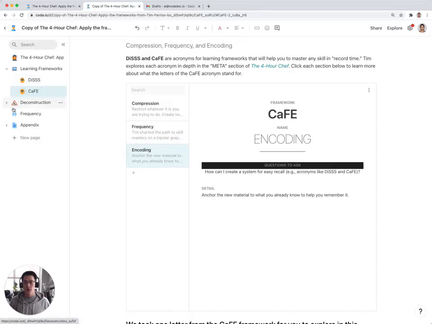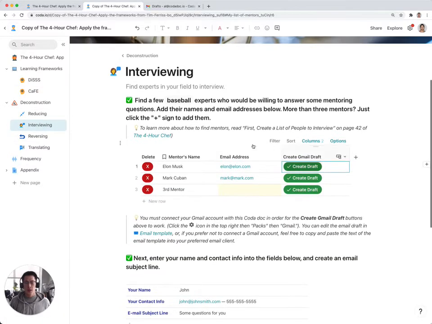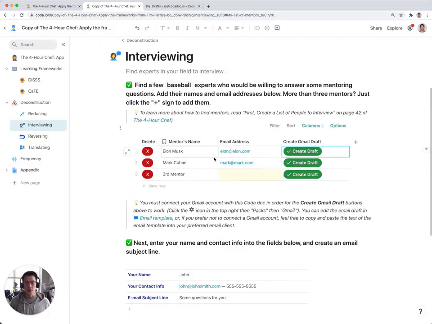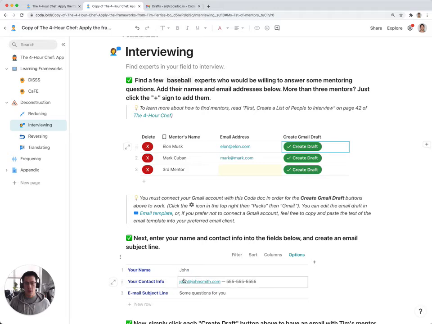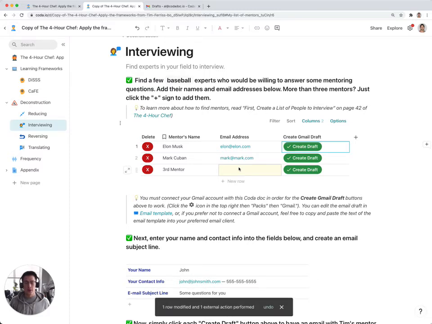Within the deconstruction phase of the DiSSS framework, I want to talk about the interviewing exercise. Let's say you want to learn how to play baseball, and you want to interview a few people to mentor you about how to learn this skill. By adding in the person's name and their email address and also putting your name and contact info here, you can click on Create Draft, and this will automatically create the email that you can send to that person asking